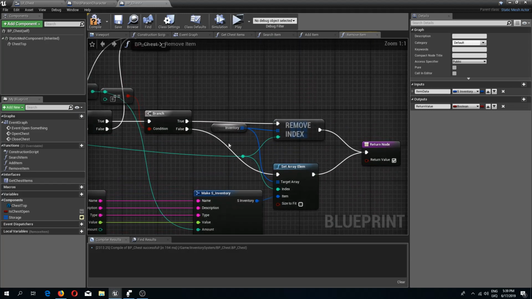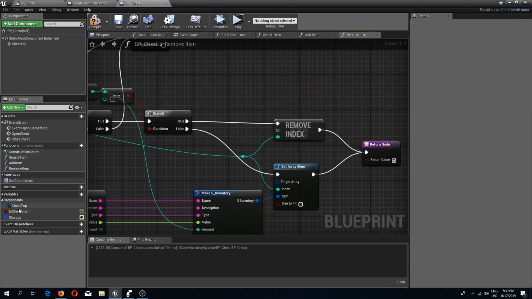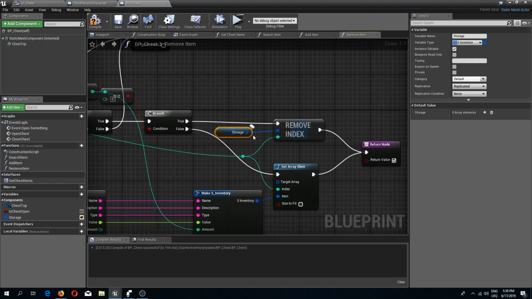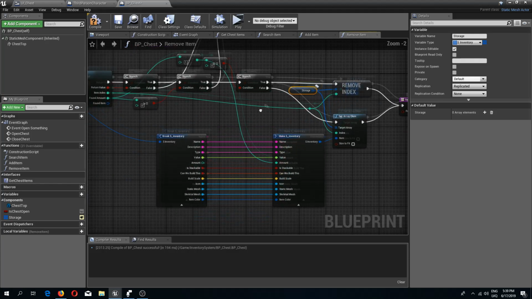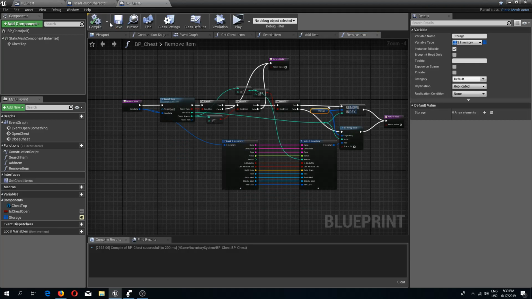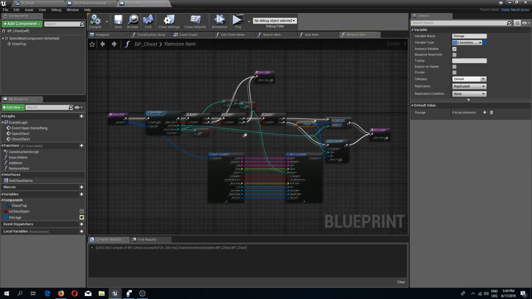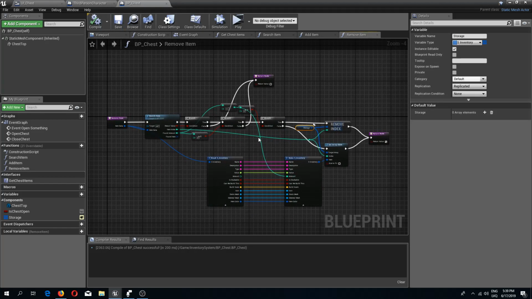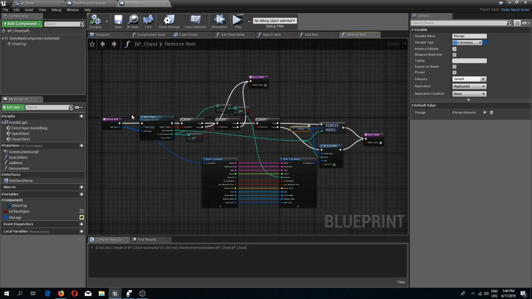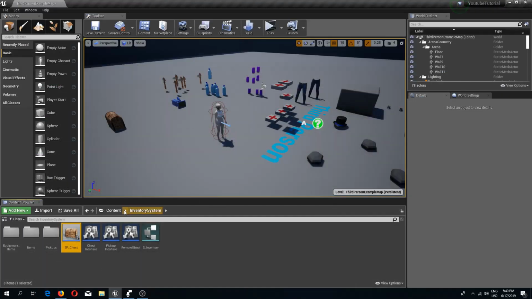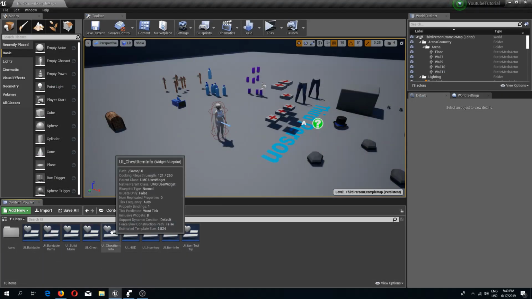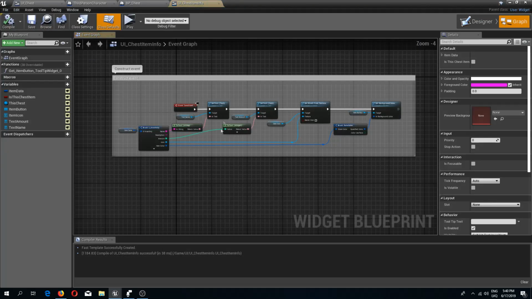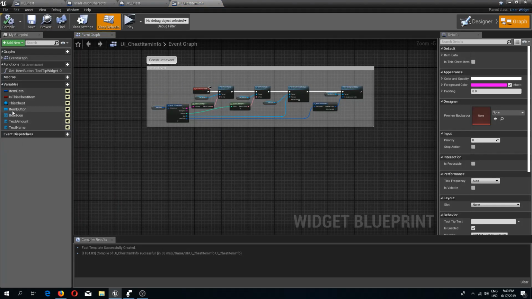And for the inventory, we need to drag in the storage and replace this like so. So I think this should be it, and we shouldn't have to do anything more. So now what we can do is go back to the UI folder, and now we need to do the on-click events. So the UI chest item info file in the graph,